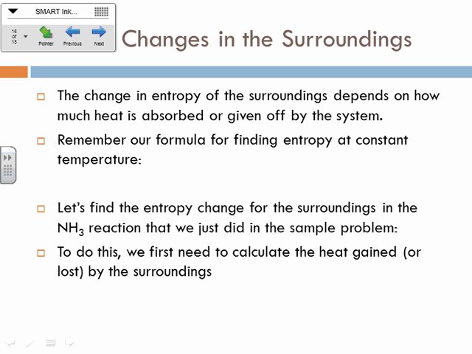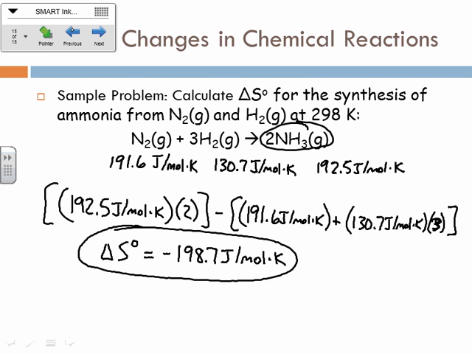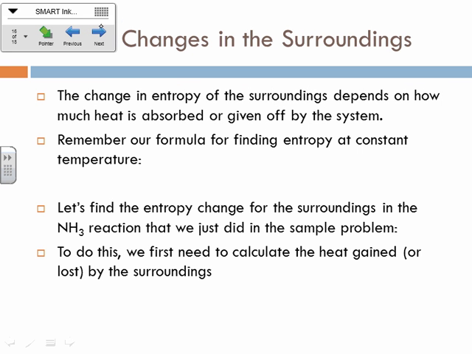So we need to figure out the entropy of the surroundings. What we just figured out is the entropy of the system itself, okay? I don't know if you guys remember this from the video over the weekend, but when I say delta S from now on, we're thinking in terms of the system, if I don't specify, okay? So now what we want to do is figure out the entropy change in the surroundings, and that's going to depend on how much heat is given off by the reaction, okay? Because the amount of heat absorbed or given off, that's going to determine how more ordered or disordered did we make the surroundings. If we heat up the surroundings, what are we going to do to the entropy?